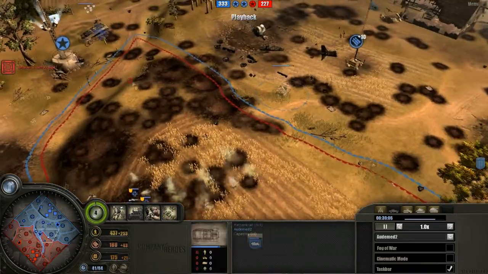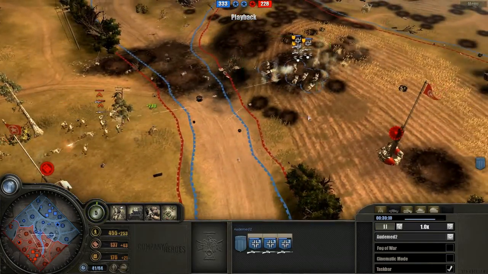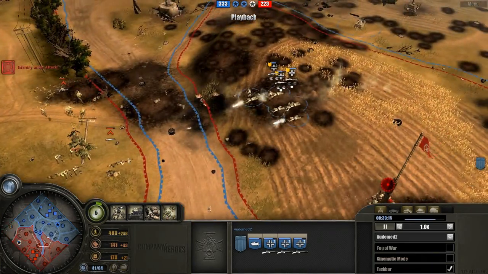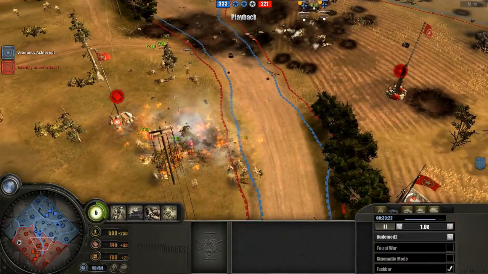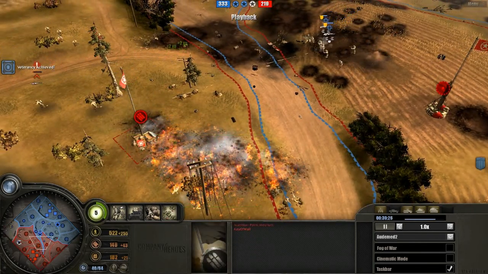Can the mortar half track do the damage it needs to do to save these guys? Or will a strafing run come in? We will see here in the next few minutes. And it doesn't look like it just yet. It's going to be quite a long fight here. Oh, there it is. The half track winning the fight for these Panzer Elite squads. Actually, incendiary,